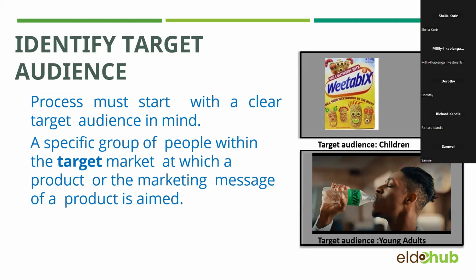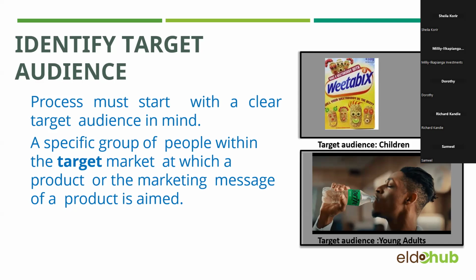What happened with Sprite was that it was made to be that cool drink. And when it comes to the cool notion, we are talking about the young adults. If you go to somebody who is past 50 and you start telling them about cool, they'll be wondering, what are you saying about cool? What is cool? I don't care about cool. So Coca-Cola knew that our target audience for this drink Sprite is the cool. That's why the adverts for Sprite are so different from other adverts.